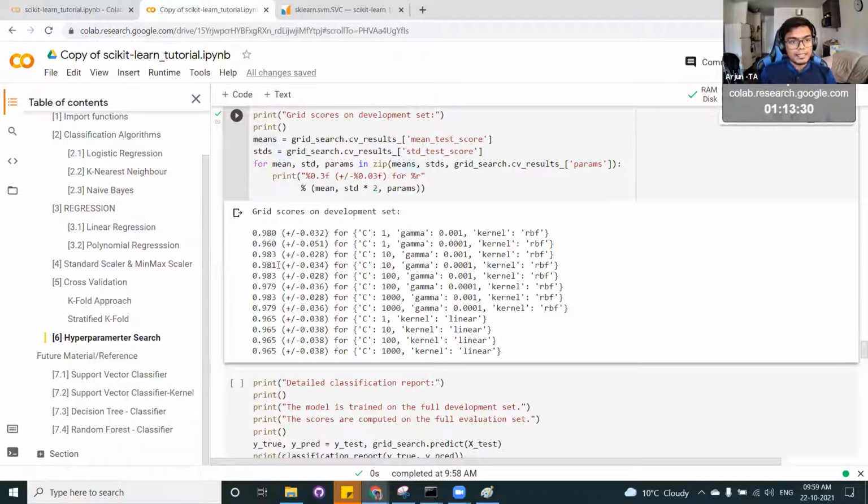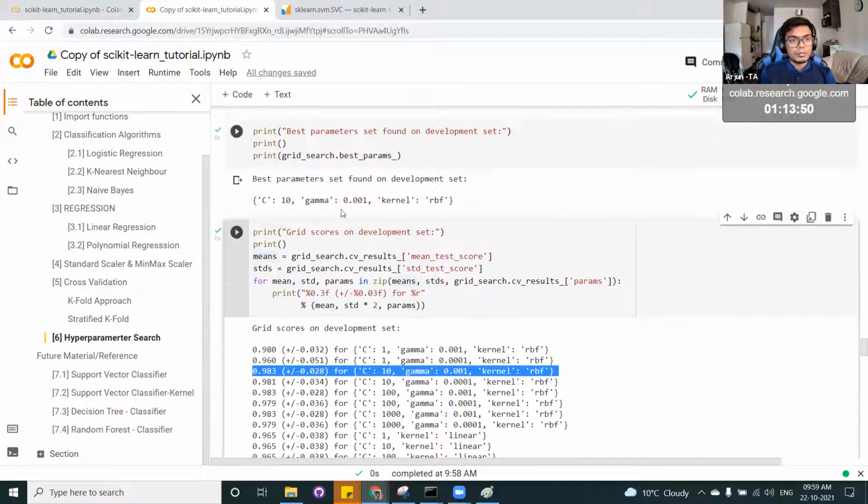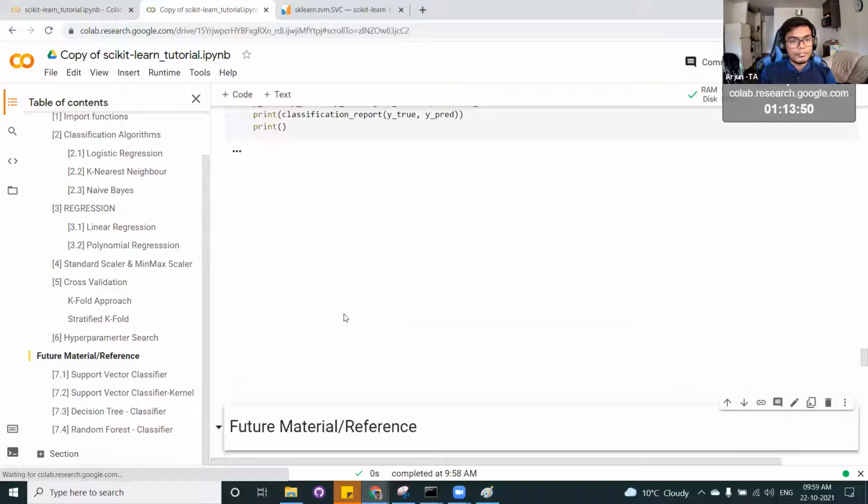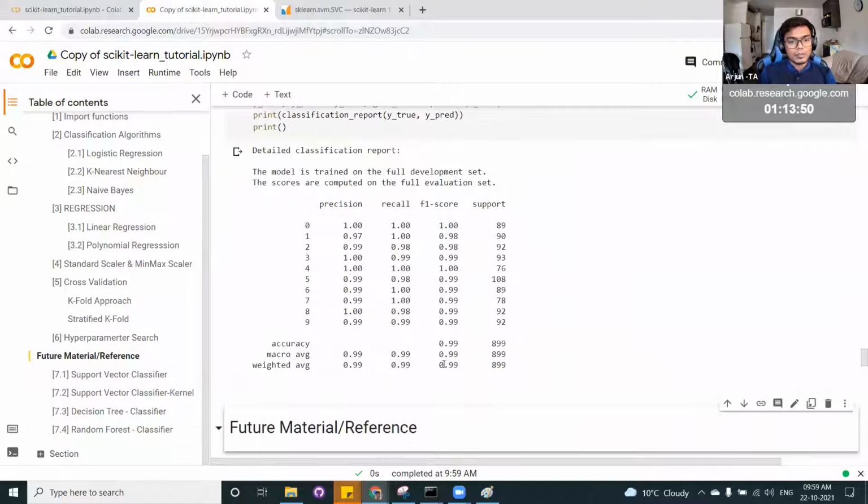So obviously you can see here 0.983, and this performs well. However, we are trying to keep this value because it has lesser capacity, and we have chosen this value. When we fit it with the model, you can see we are getting a very good score.